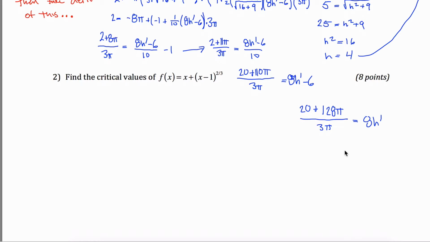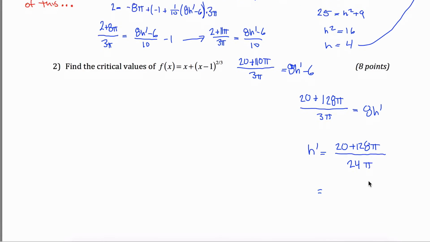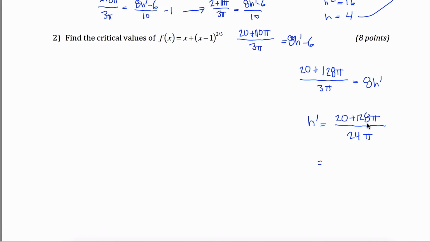And so finally, if I divide both sides by 8, I get h prime equals 20 plus 128 pi divided by 24 pi, that 24 coming from this 3 times this 8, which I guess I could reduce. Do these guys all have a 4 in them? I think they do. Do they all have an 8 in them? Nope. So I could factor out a 4 from the top and get 5 plus, if I factored out a 4 from this, I'd get 32 pi. And if I factored out a 4 from the bottom, I'd get 6 pi. I'm going to say h prime equals this,